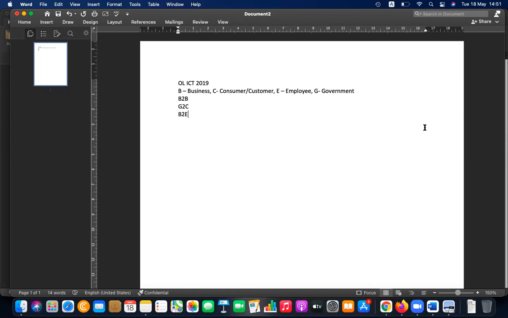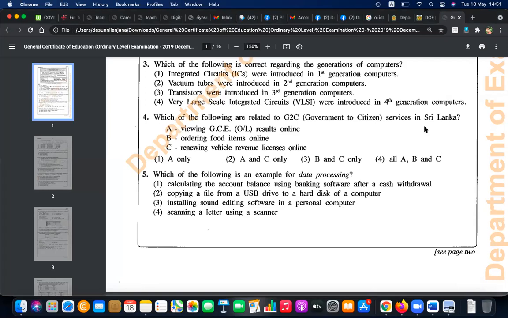Okay. Then government to employee. The government can release their gazettes or maybe government laws to their employees using an online platform. Right? Gazettes, the constitution, those are the things. Okay, then